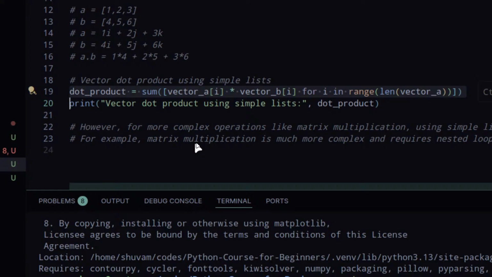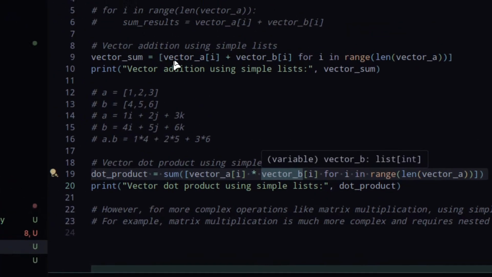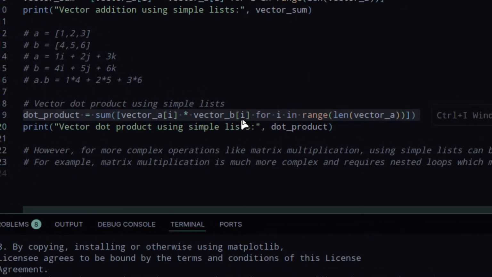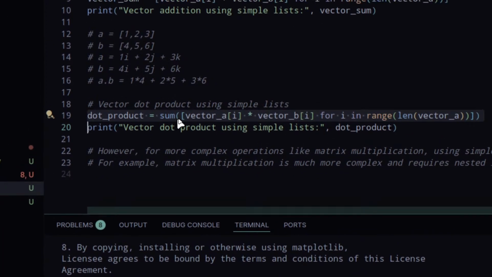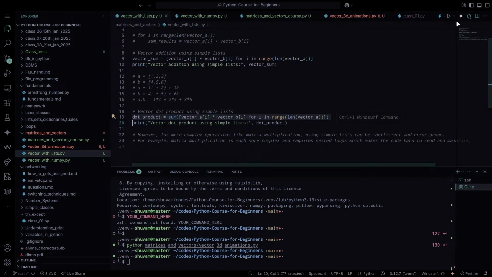Okay, Dutika, is the single line too complex? Yeah, it's okay. Fine. Okay. So what we are doing, we are creating a list. In the list, we are taking each and every element at a particular position, multiplying them, and then finally in the list we are having the sum function. Now if we just run it,